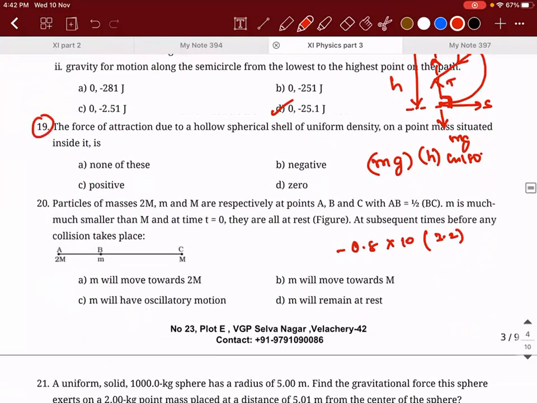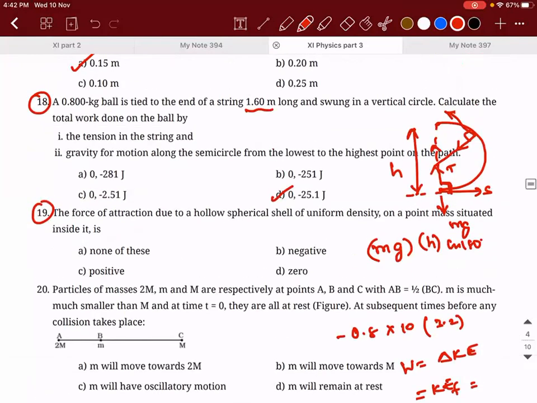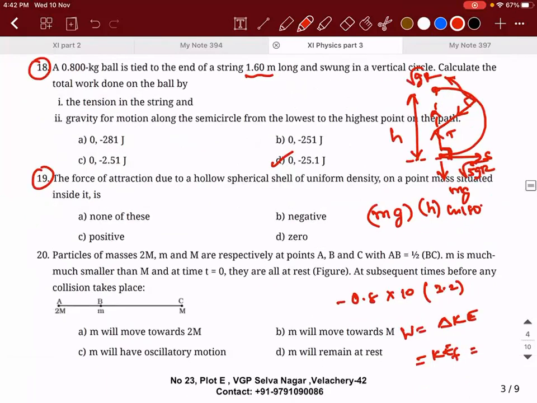Sir, I have a doubt here. Tell me. Sir, why aren't we discussing anything about kinetic energy in this one? You can do that also. The total work done by the gravitational force is equal to change in kinetic energy. KE final is how much? You know what is the velocity of the object at this point? Root gr. You know what is the velocity of the object at this point? Root 5 gr. Substitute those values, multiply with mass and a half, you will get the answer. You can do this as part of homework. Yeah, I thought of doing that only first, but then I thought, why complicate stuff? Okay, if you want, you can try and see. You'll get the same answer.